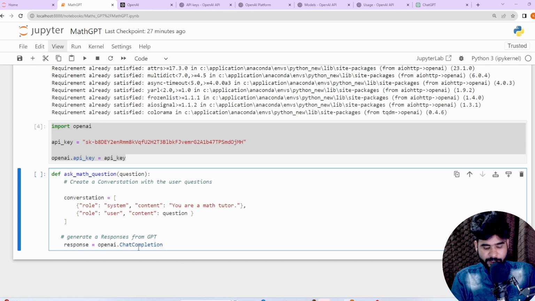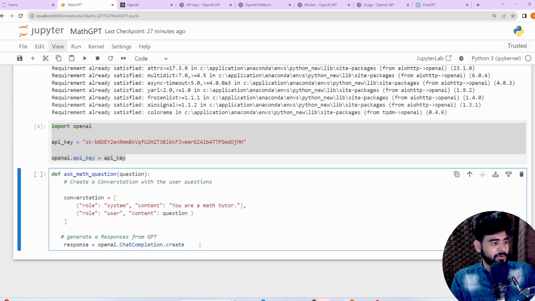Okay, so chat completion dot create. This function will help us create a response based upon our query, or our mathematics question.